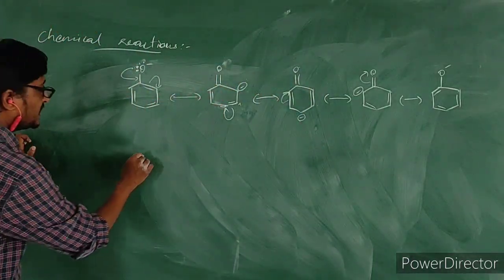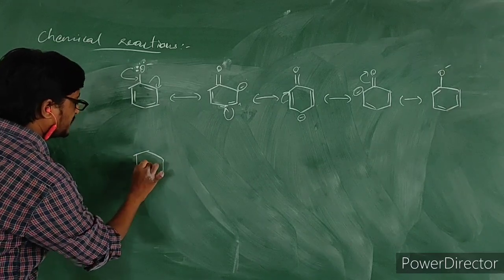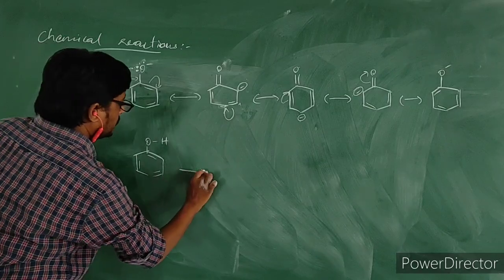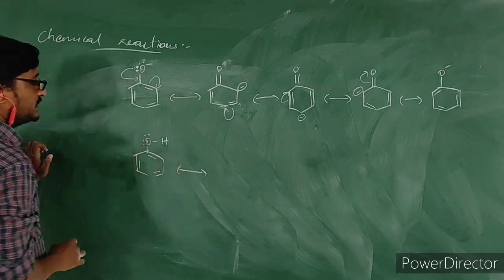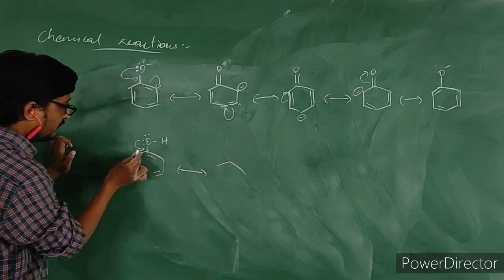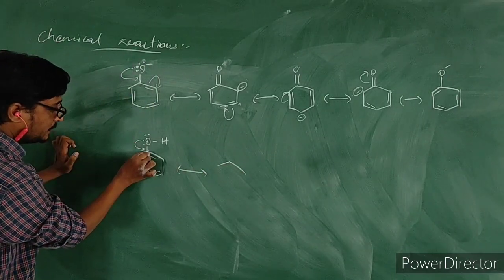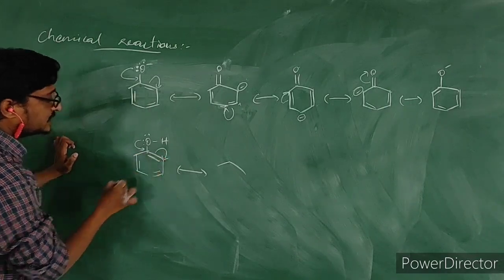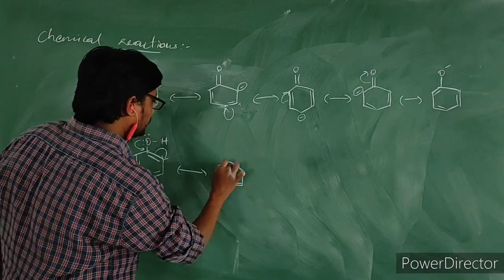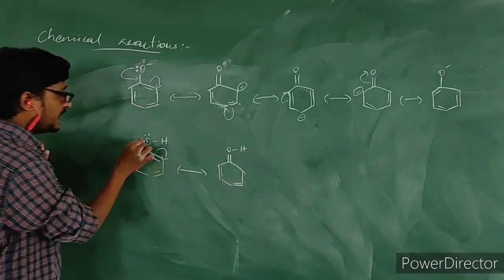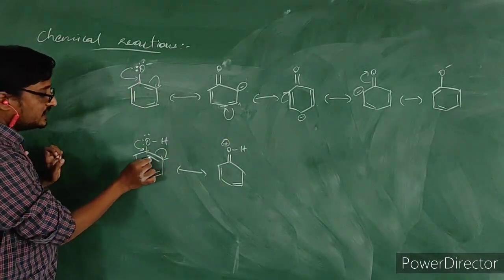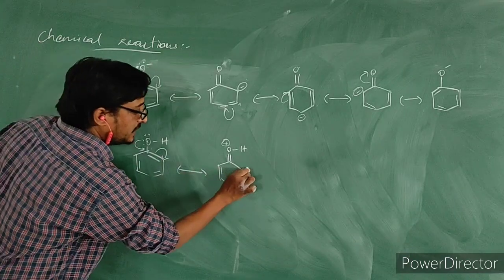Next, when we consider phenol, let us see the resonating structures in phenols also. So these will contain lone pairs in this way. These electrons will move here. And when this lone pair moves towards the benzene ring, this pi bond will move towards this carbon. Then see the resonating structures. Since lone electrons are given by this oxygen, it will develop a positive charge, and since pi bond is shifting towards this carbon, it will get a negative charge.